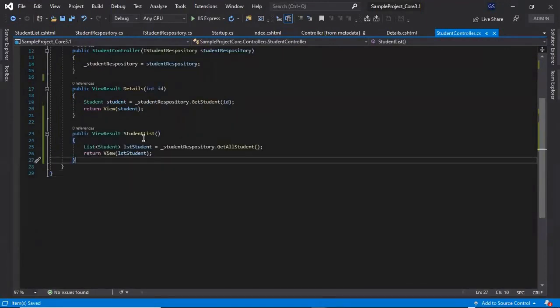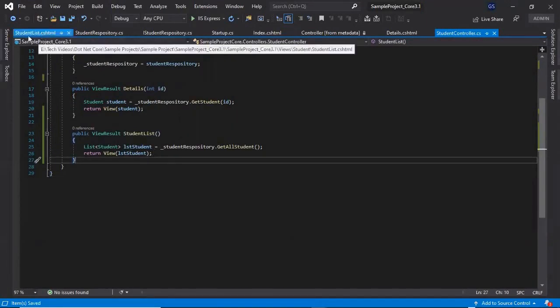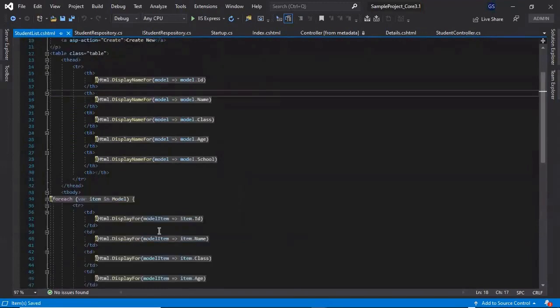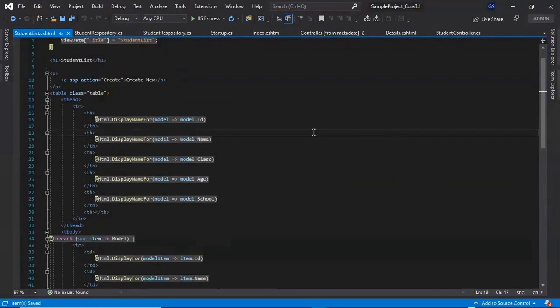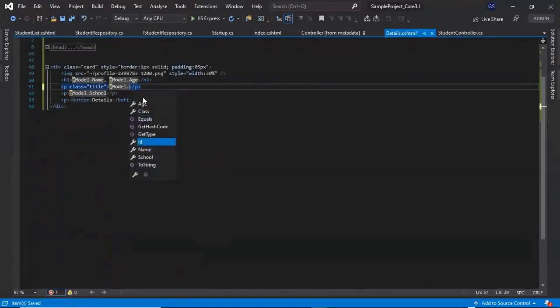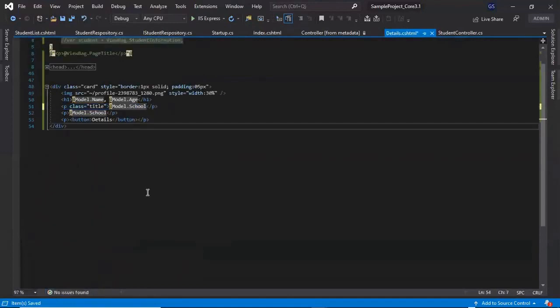As we see, we have created the view to display the student list, and it will give us the scaffolding, which is the automatic functionality of MVC. So you don't worry about creating the HTML and all these things. Another advantage of the strongly typed view is IntelliSense support. For example, if you type model dot, you will get the properties inside the class, whereas if you go with ViewData and ViewBag, you will not be able to find the properties of the class.